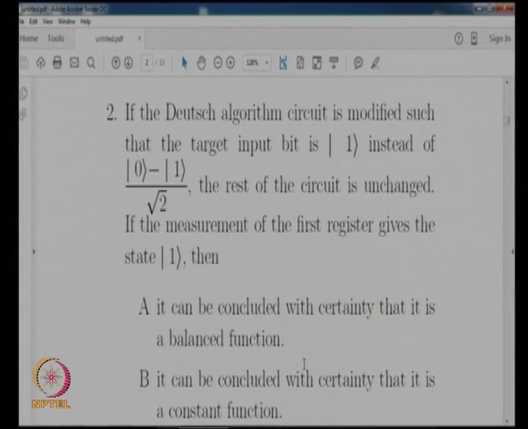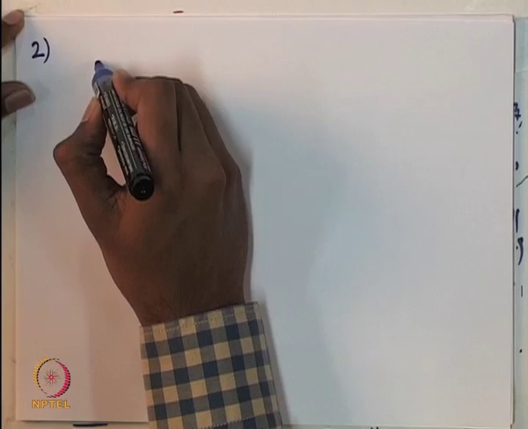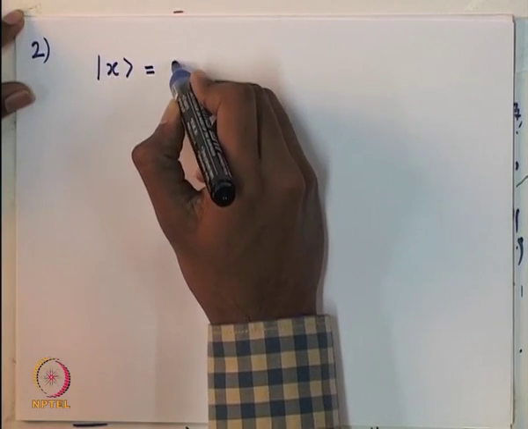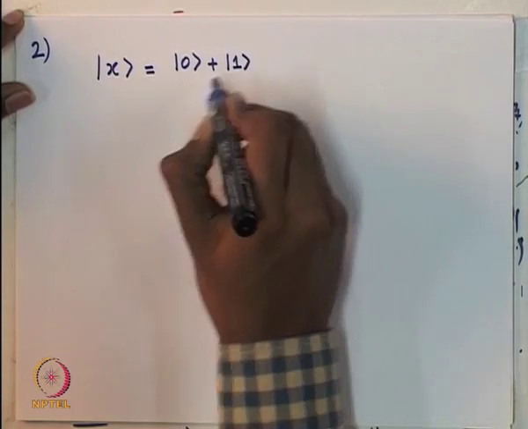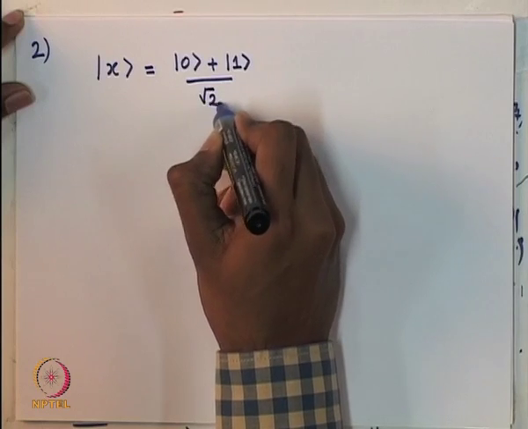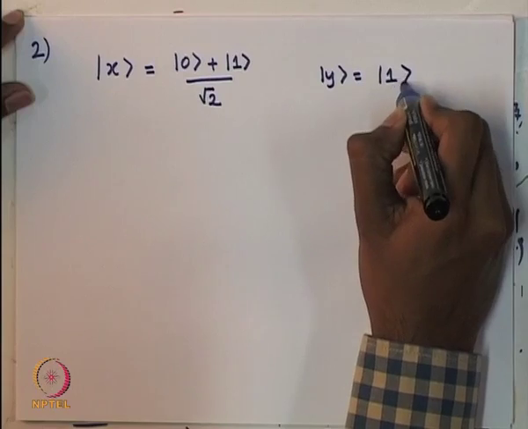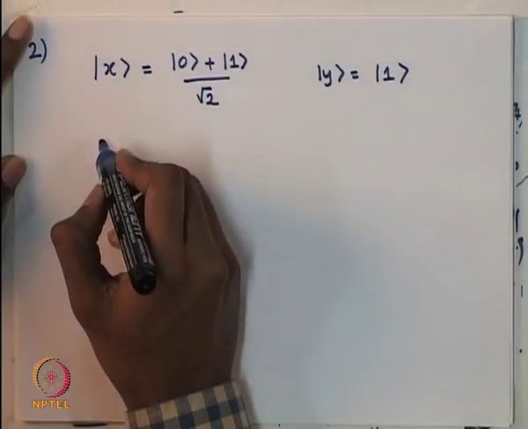Let us look at question 2. In question 2, it says that everything is the same as in the actual setup, but the second input is changed to qubit 1. So the current input would be